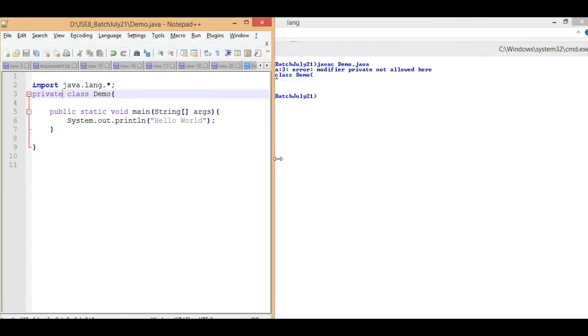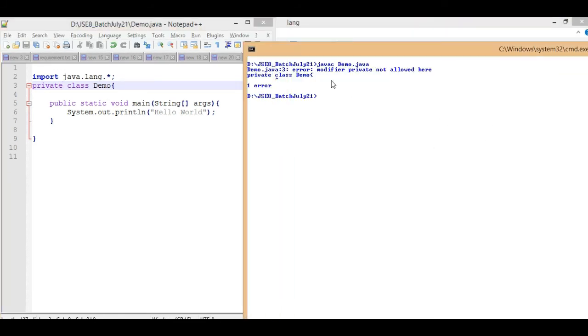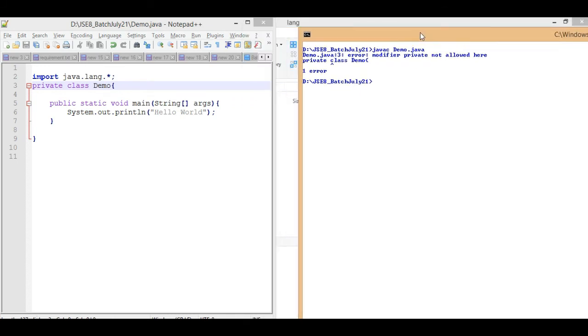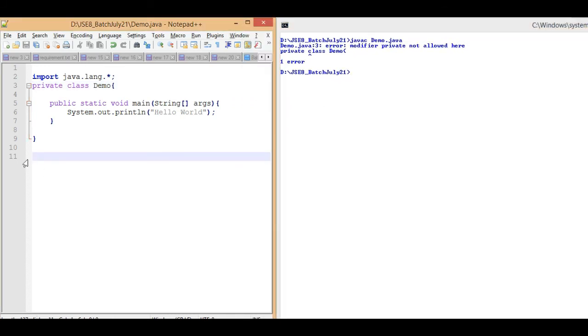Let's come to the easy way. If I make it public, that's why this is the convention, the file name and class name should be the same, public class Demo.